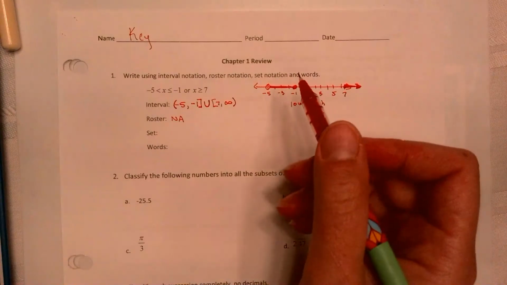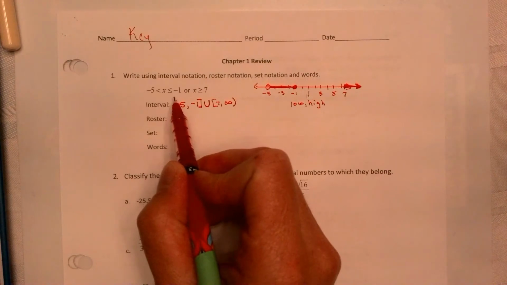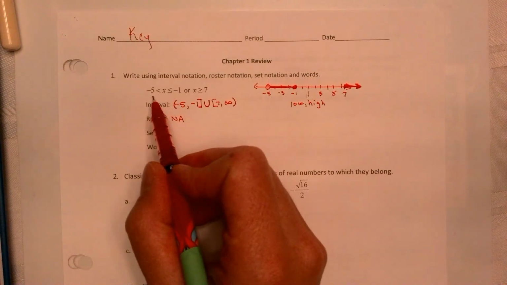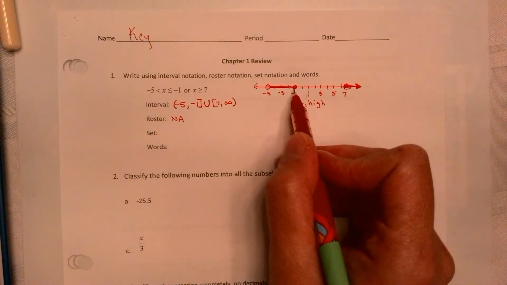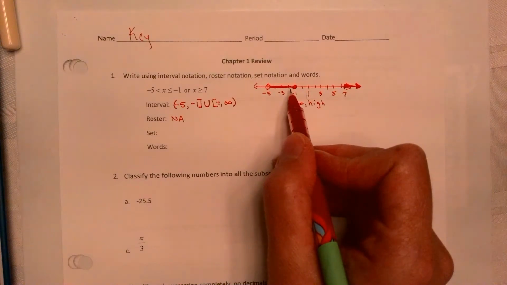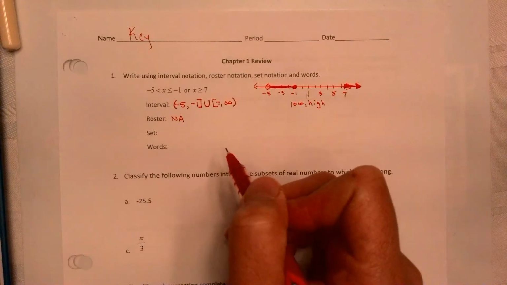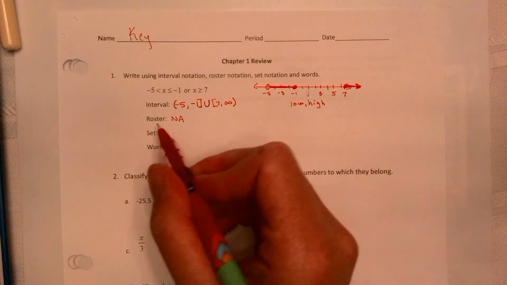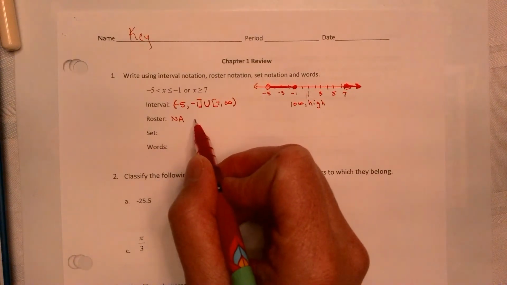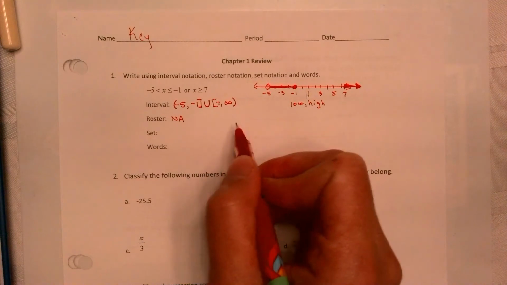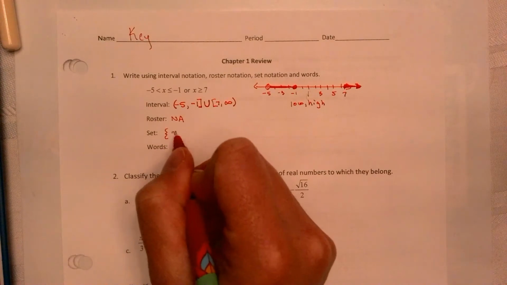The reason it doesn't work in roster notation is because this is continuous. Okay, it's not discrete, and there are infinite points between -5 and -1. There are infinite points between -2 and -1, -0.9999, and we could be here all day naming those. So listing them will not work. Typical roster notation will not work. Typical roster notation is when you have your brace and you list the numbers that it can be and then close it. All right, in set builder notation, you use your brace and you would state x such that,